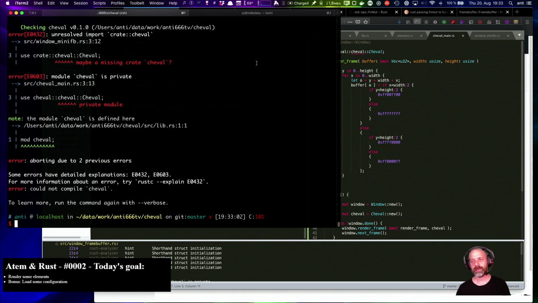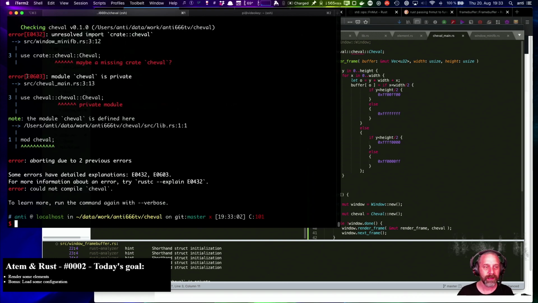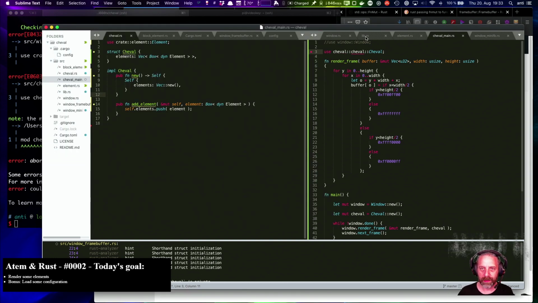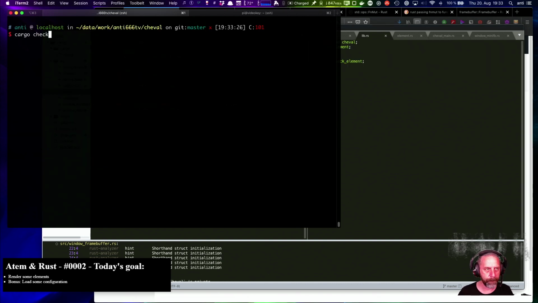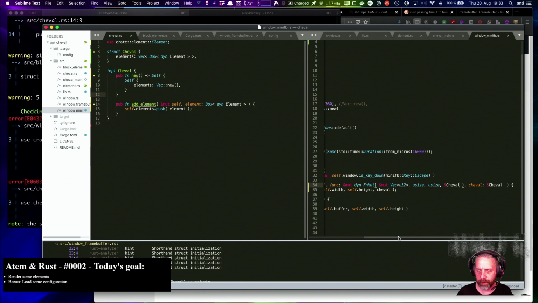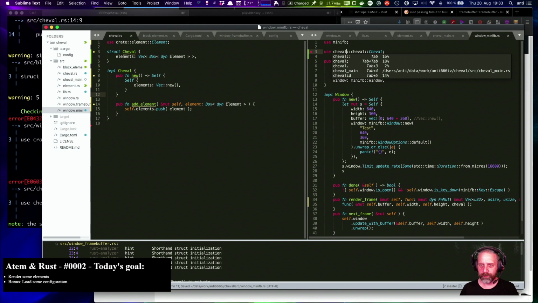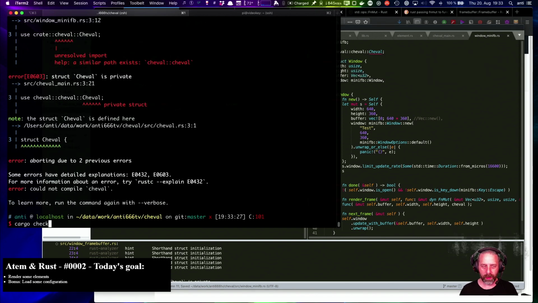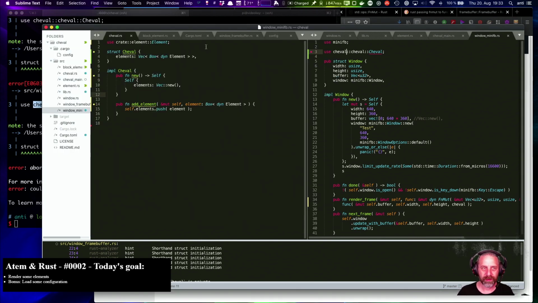This thing is the main, which is in the binary, and this is in the crate. So we can use crate here because it's technically a binary and the library in the same place. So yes, that means we need to make this public. And then the same in source window minifb. This is prototyping, and now the struct is private because we're outside of the